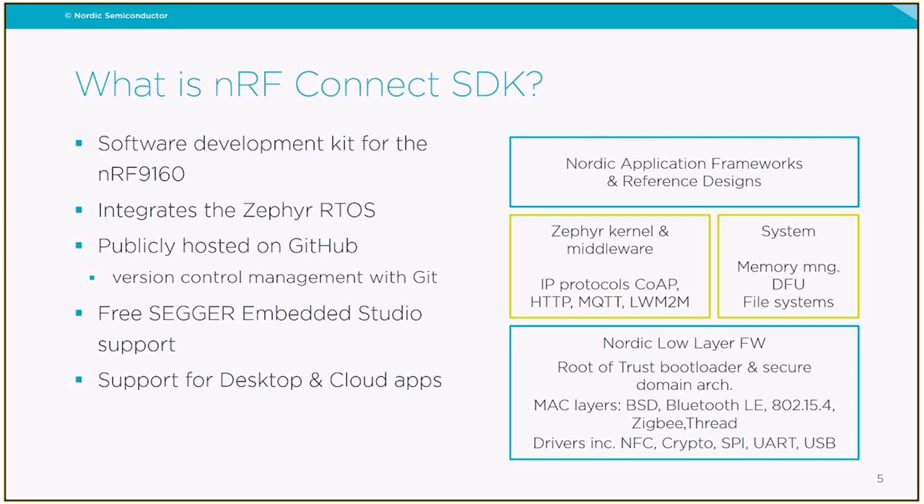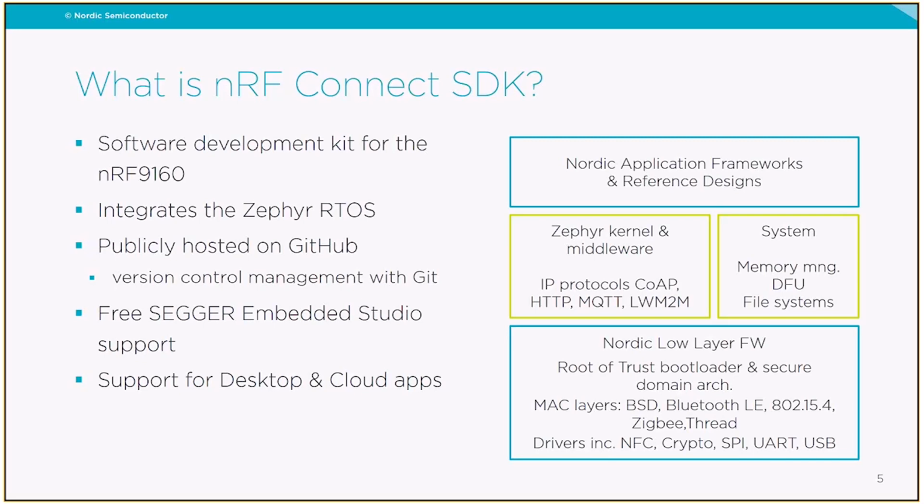On the top, you can see the application frameworks and reference designs. So that would include the different examples we have, whether that be AT client, HTTP update, asset tracking, etc. Reference designs, we do have the Thingy:91. If you haven't seen that webinar yet, it is available on our